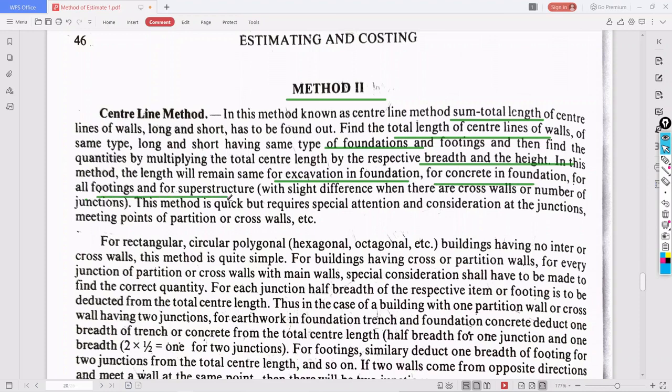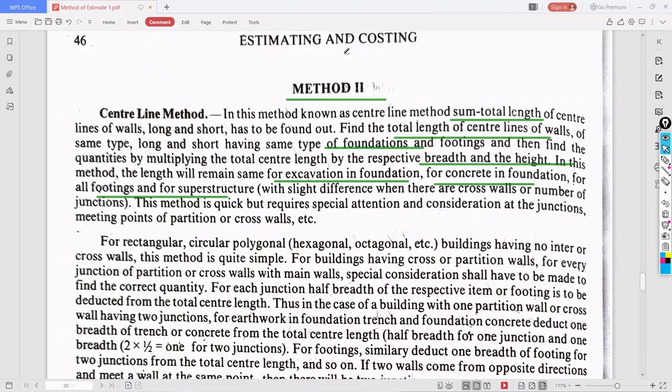In the last method, the long wall and short wall method, we were considering different types of length. Sometimes we were adding 0.90, sometimes 0.60, depending upon the breadth of the footing, either first footing or second footing. It was different for excavation, different for concrete in foundation, and for the superstructure it depended on what was available there.